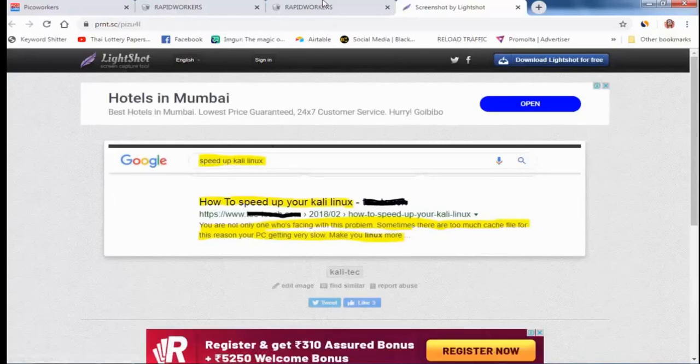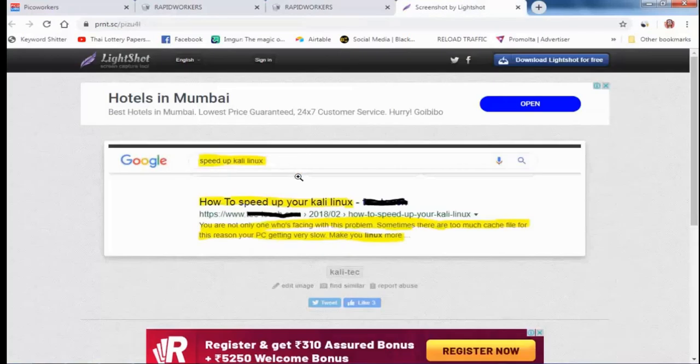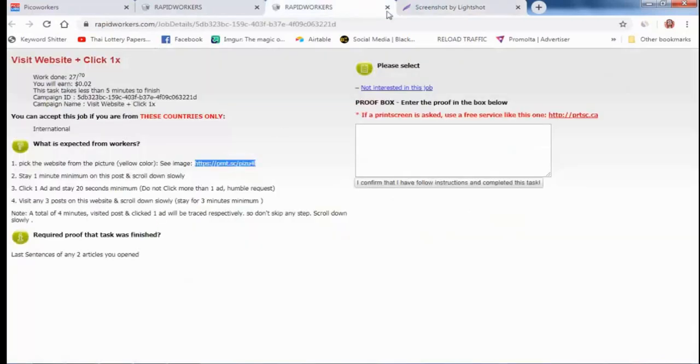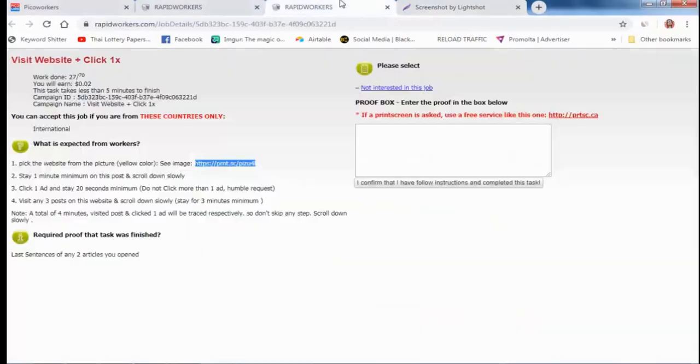This person wants you to search this keyword on Google, how to speed up your Kali Linux, find this website, and go to the website.